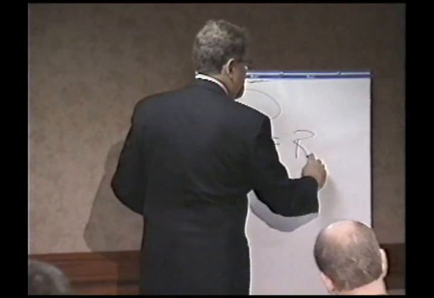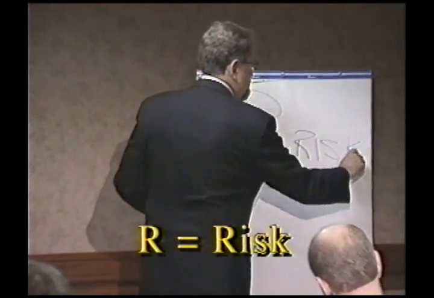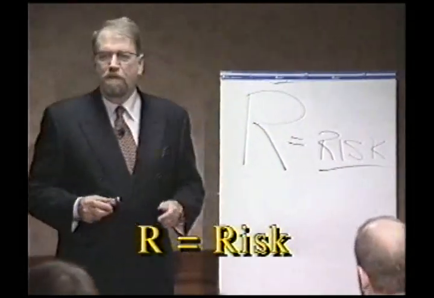And basically, this is your risk when you first get into a trade. In other words, when you first enter into a trade, you have to have some point at which you say, I'm going to get out if it goes this against me by this amount. That's R. Now, R could be a formula. It could be 3 times the average true range. It could be a money management stop.